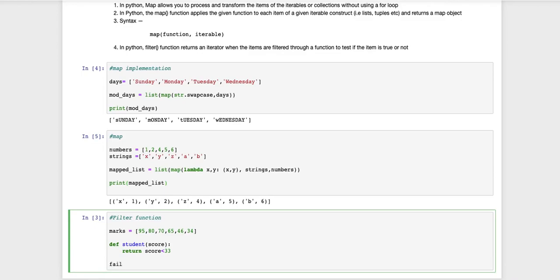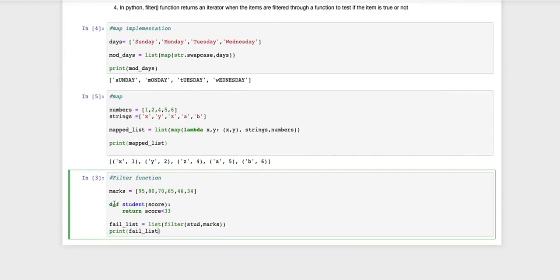Now I'm going to call my function. Here we have implemented the filter function, which will filter the marks based on the condition that I have given inside the function. And then we are going to print the final list, that is the fail list,